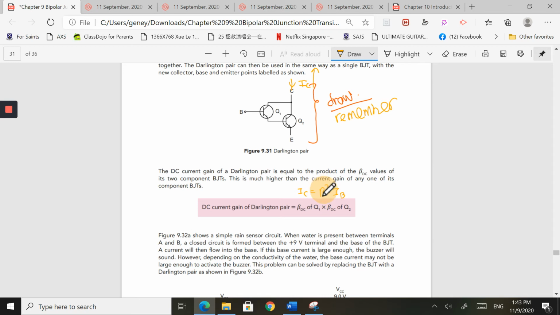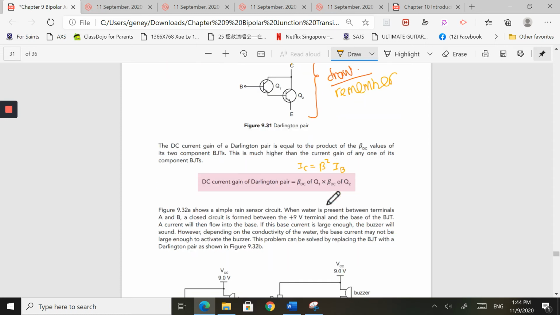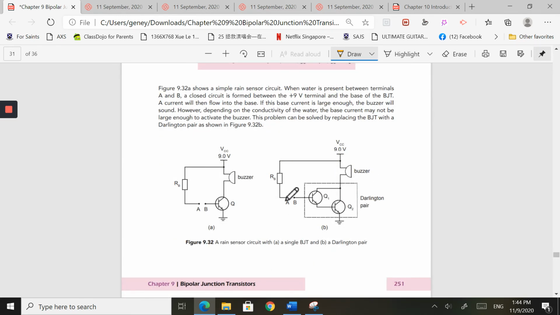Usually it's just beta, right? But if I have a Darlington pair, it's going to be squared. So imagine if the beta value is 100, now with a Darlington pair, it's going to be 10,000. So instead of multiplying by 100, it's going to be multiplied by 10,000. So this is the configuration. Normal BJT, Darlington pair BJT, in order to increase the driving power